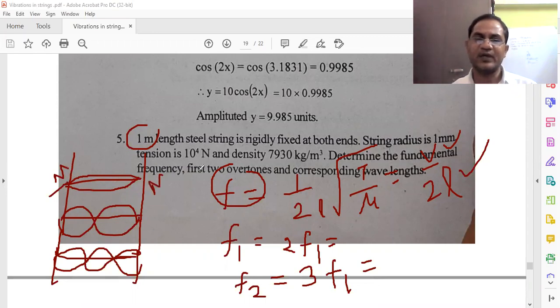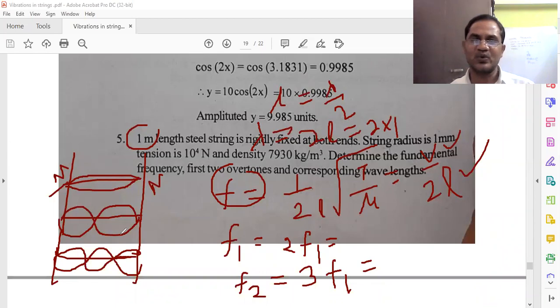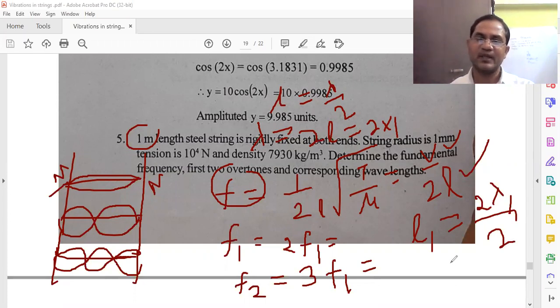In the fundamental mode of vibration, the distance between 2 successive nodes is lambda by 2. So L is equal to lambda by 2, and from that lambda is equal to 2L. With the length of the string 1 meter, the answer is 2 meters. In the second case, when the string vibrates with the first overtone, 2 loops are forming, each lambda by 2. Now the length of the string L is equal to 2 lambda 1 by 2. From that, lambda 1 equals 2L by 2.